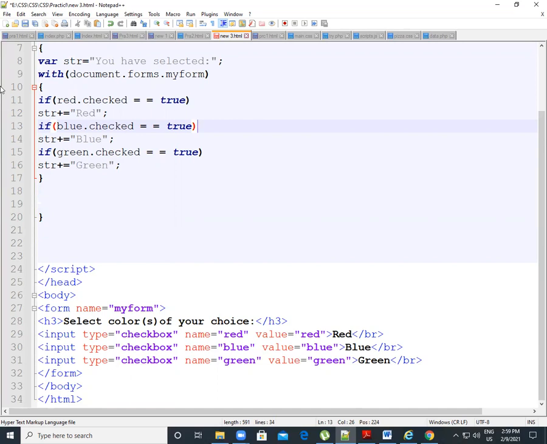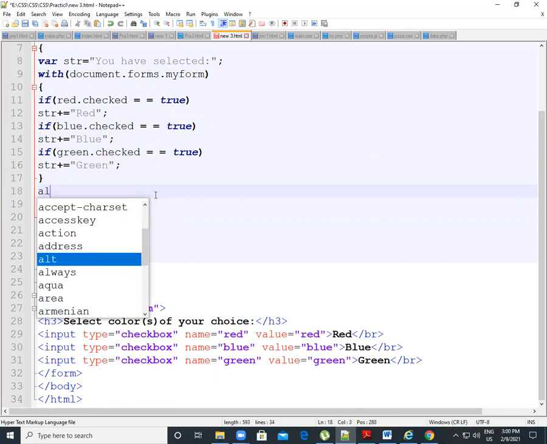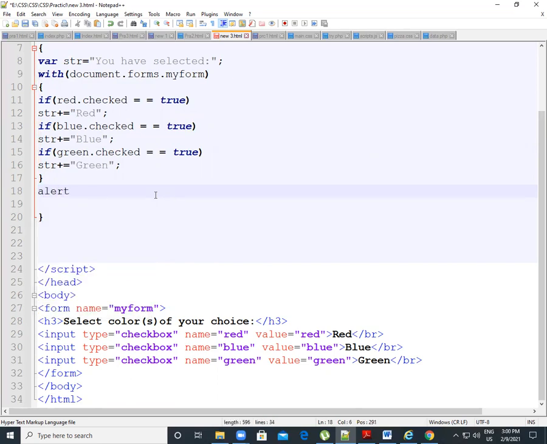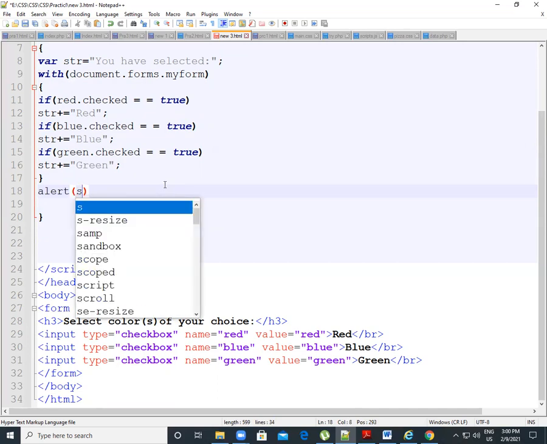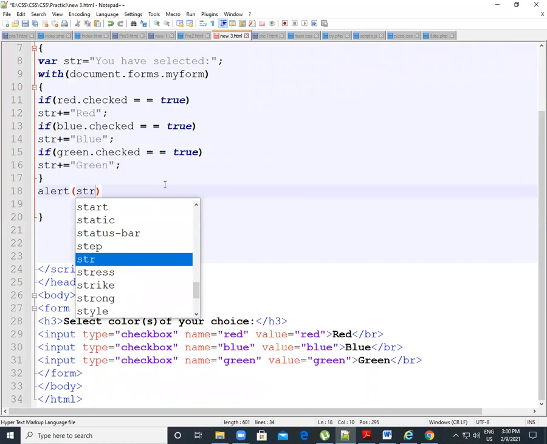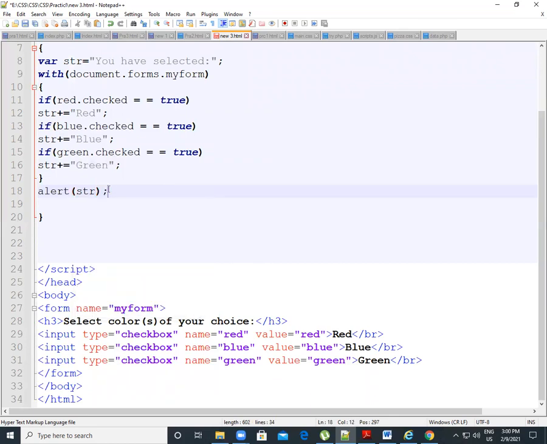So I already closed this whole with function. After that I will write the alert function here. In that alert function, we write this string str. So that way this will show the color which was selected by the user.